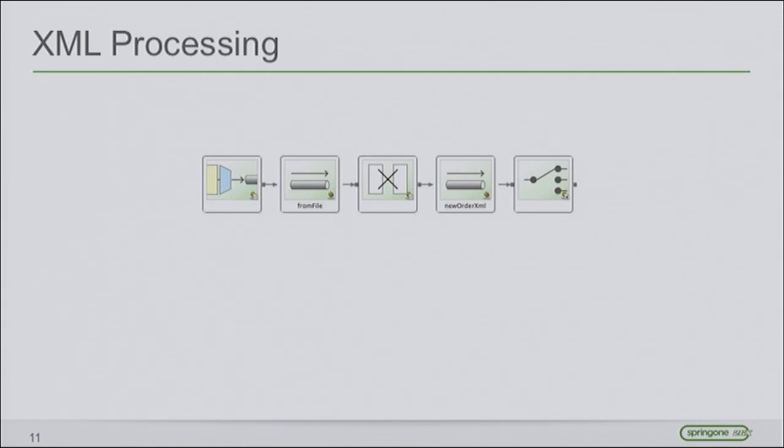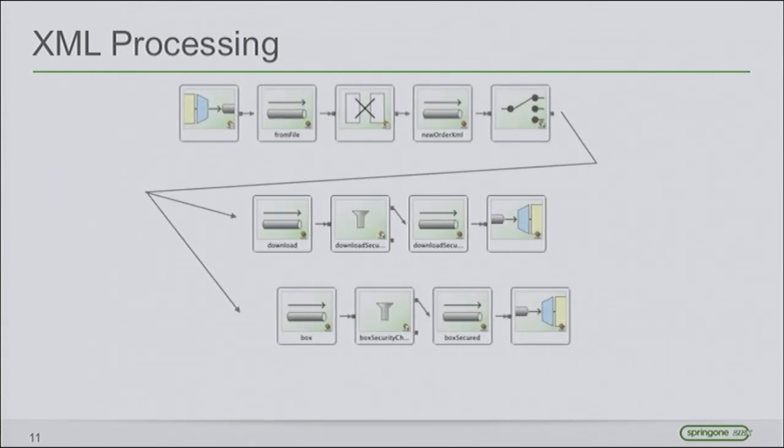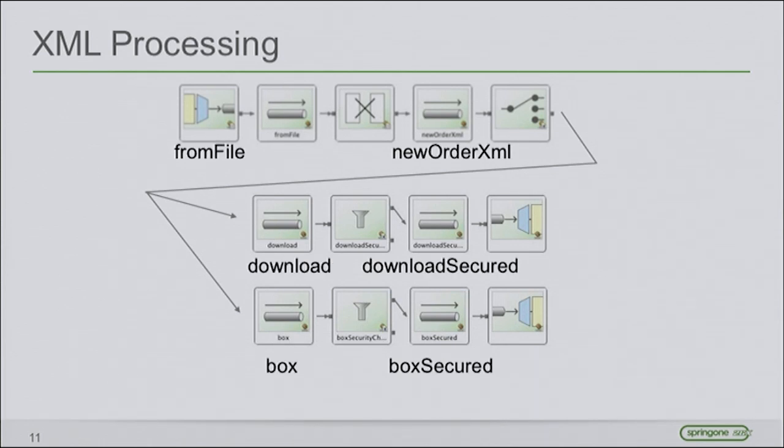The idea of Spring Integration is that we have the so-called channels, a pipes and filters architecture, where we basically send an input to a channel. Here we get an input to the from-file channel. Then we have a transformer first, so we parse the XML, then we go to the next channel, and finally to a so-called router. That router looks at the type attribute, and depending on it, it will either go to the download channel or the box channel, because the workflow is pretty different on our server.